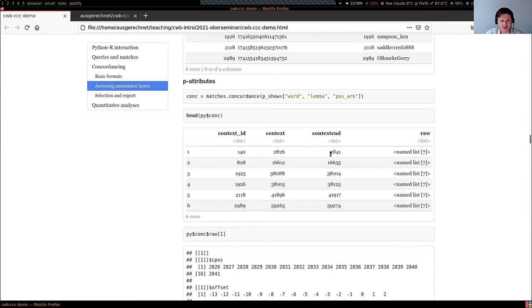For positional attributes, if you look at the Corpus Workbench, there's the possibility to display several positional attributes, and they are separated by a slash. I think that is the default, which makes it very hard to read. Here, the concordances in CWB CCC also offer the possibility to show additional positional attributes. Here, I'm opting for word, lemma, and one of the POS tags. The result of such a concordance looks a bit like the above,